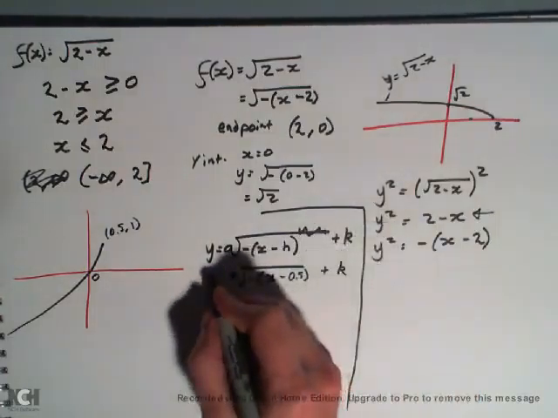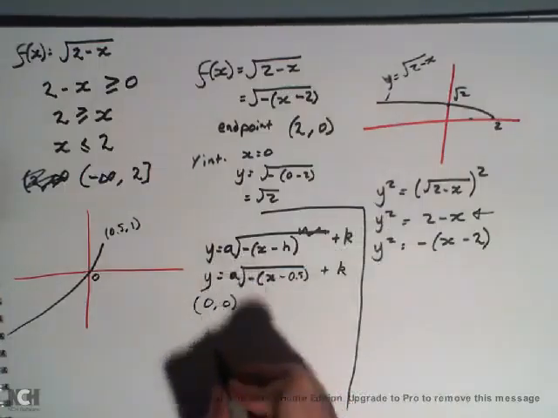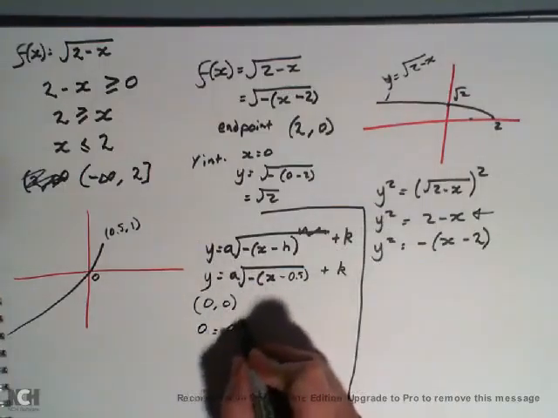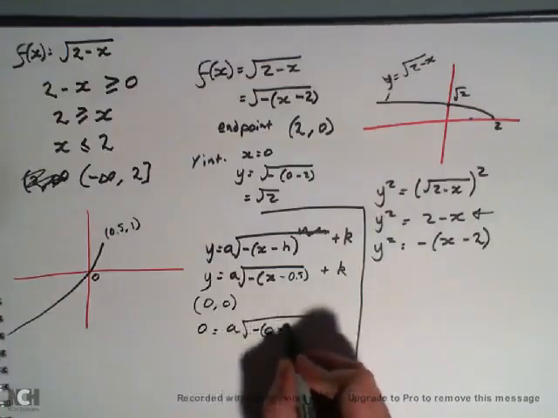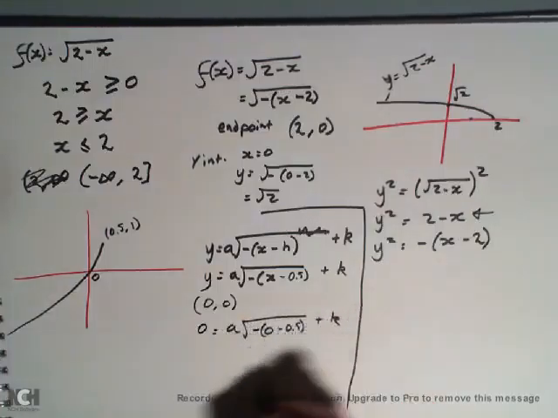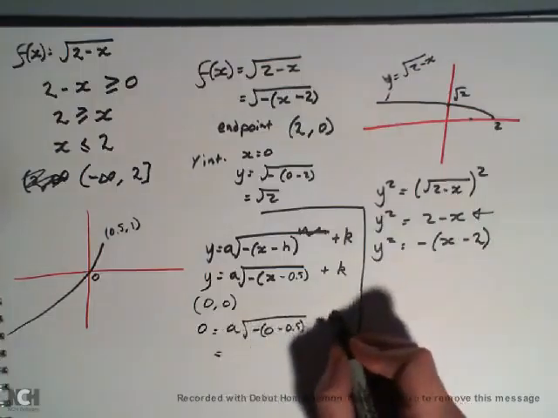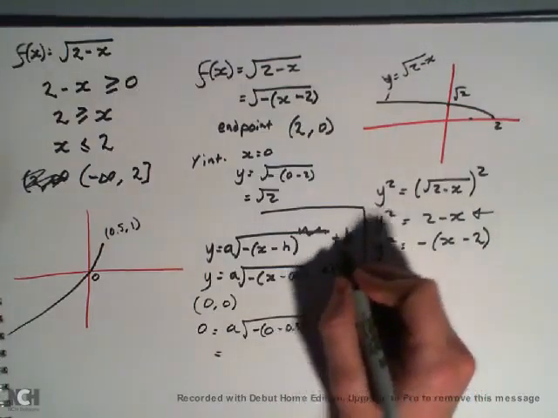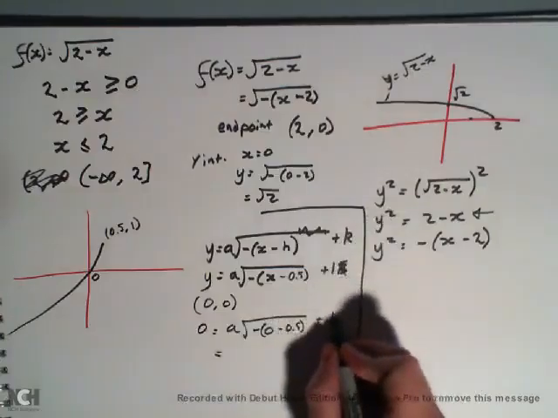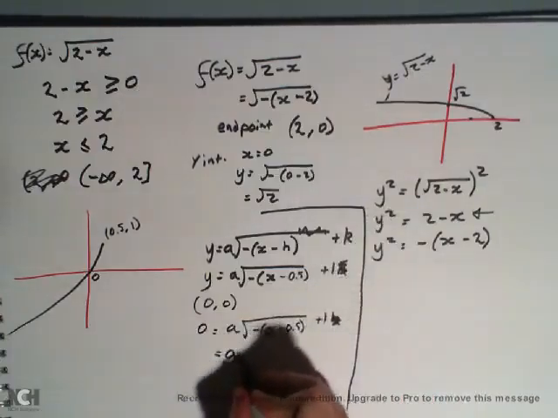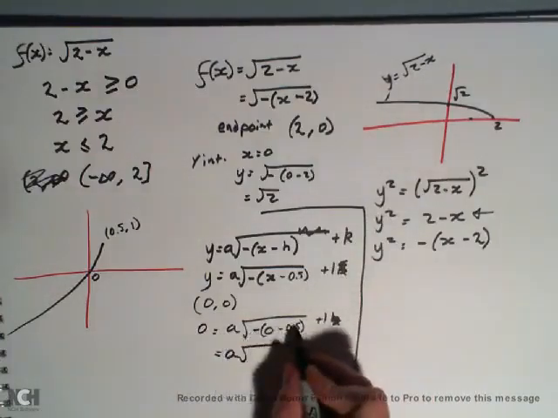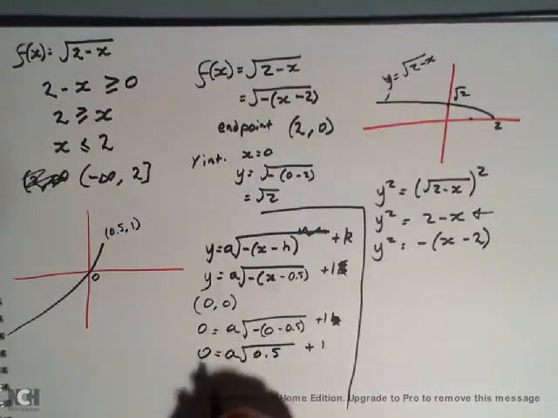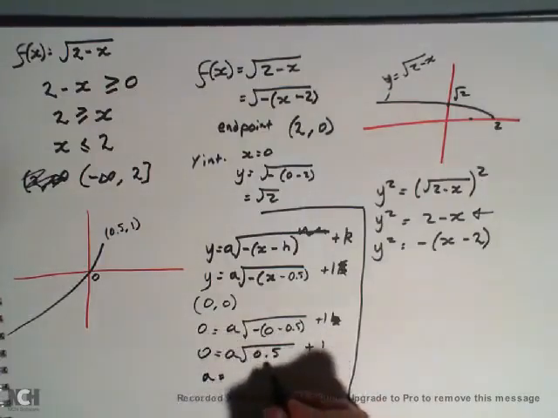I just need to find what a is, so using 0, 0, 0 equals a, and k is actually 1 in this case, because we've been moved up 1, so I can say negative, negative, make positive, so a square root of 0.5 plus 1 equals 0, so a is going to be, okay, take 1 across, divide by